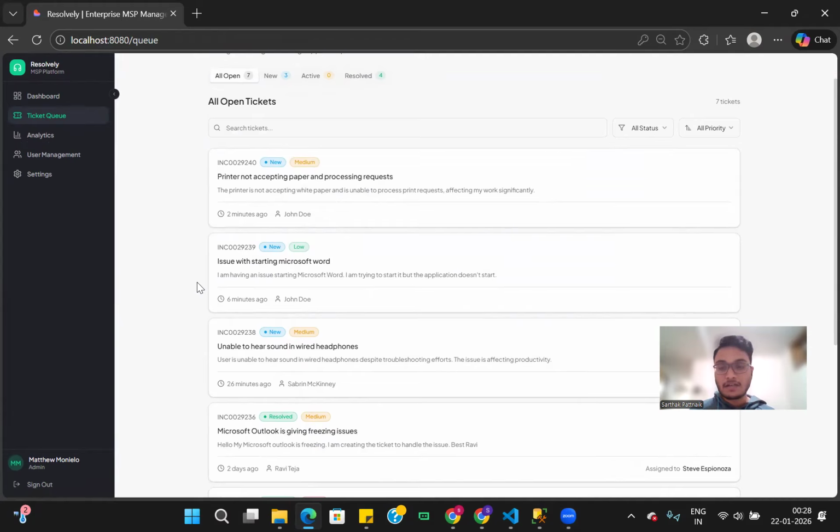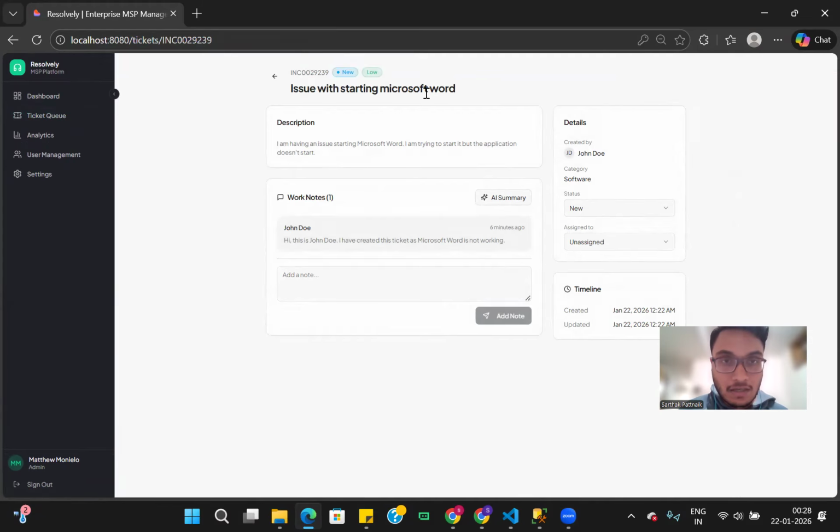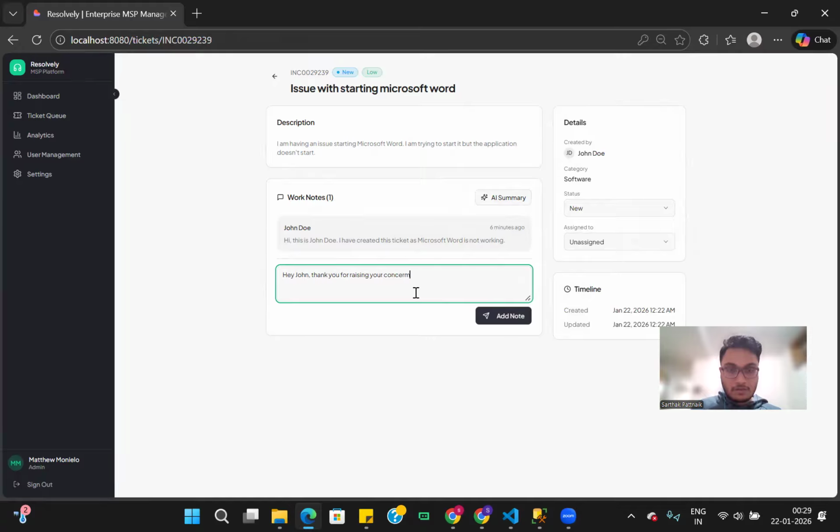As soon as there is a new ticket, the administrator would go and check the ticket. So this was the issue that was raised by John Doe, and John Doe's comment was that Microsoft Word is not working. So now the administrator is going to assign the ticket. So, hey, John, thank you for raising your concern. I am assigning